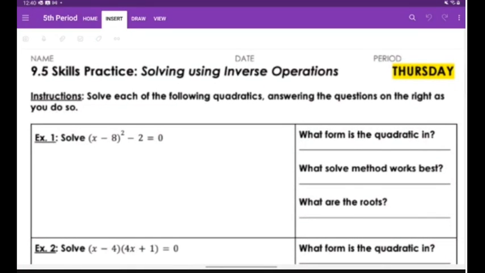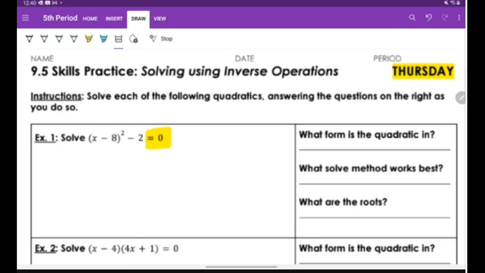So Thursday's page of the packet has 9 examples. And in each example, we are going to start first by getting 0 on one side. We always have to have 0 on one side. That's what solving means: you set it equal to 0, and then you figure out